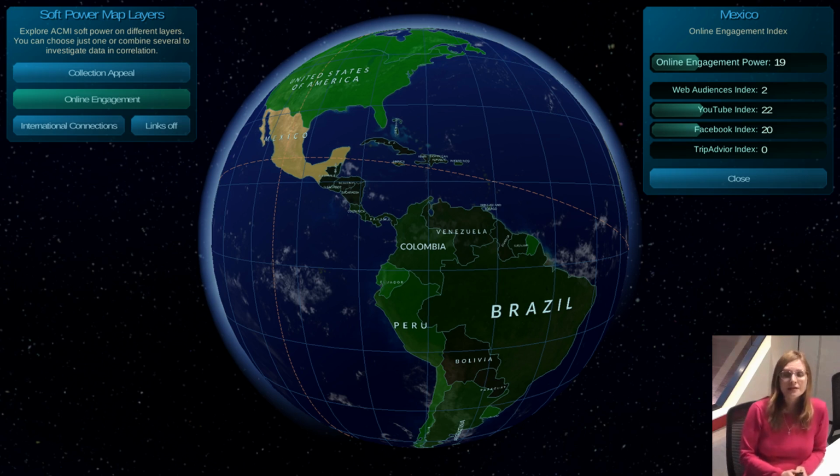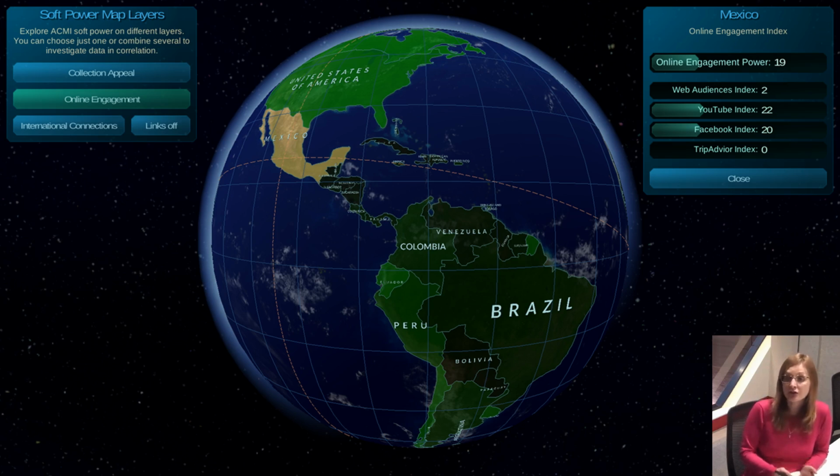Where they come from. So as a result of this data processing, I was able to develop another layer on my soft-power digital mapping system. This layer is called the Online Engagement Index. Again, this index is a weighted sum of different factors that are considered when calculating the engagement power of online audiences. I looked again at socio-demographic statistics and at institutional data collected from different social media or digital channels from Acme.